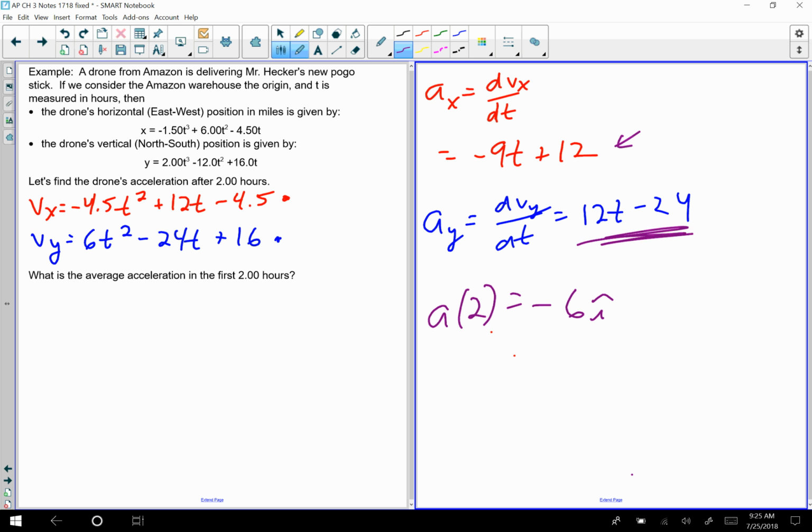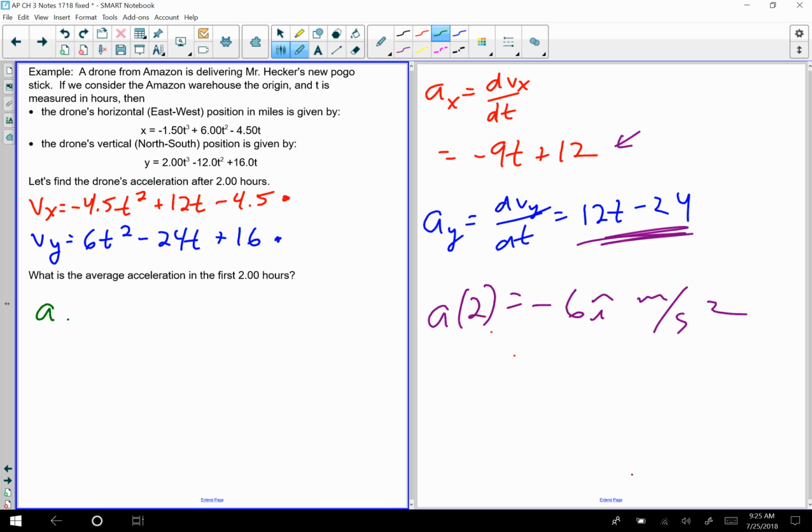Now, to find the average acceleration is a little bit more work. I don't know that I'm going to go through it because it's kind of tedious, but to find our A average, we want the velocity after 2 hours, which we just found a minute ago, minus the velocity after 0 hours, divided by 2 hours, right? So the velocity after 2 hours was 1.5 i minus 8 j,